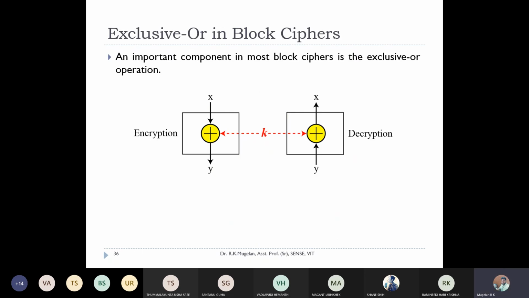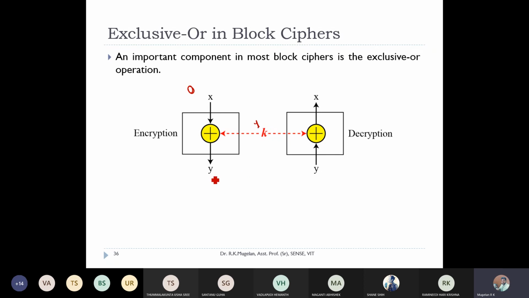Now, the most important thing called exclusive OR. Why I'm saying this important again in the sense this exclusive OR plays major role in symmetric key ciphers. So in symmetric key cipher, we'll be using the same key for both encryption and decryption, and this exclusive OR plays major role, especially in cryptography, as we already saw in our polynomial arithmetic. Whenever you are going to perform an addition or multiplication, everything moves into XOR operation, right? The same thing here. For example, if you assume you're transmitting a bit called 0 and your key is 1,